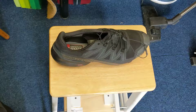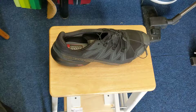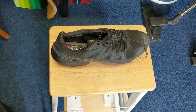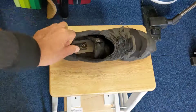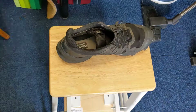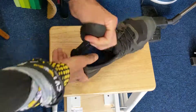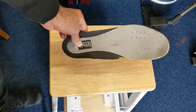I would have expected perhaps Speedcross 6 to make an appearance, but you know what? It just hasn't happened. So I was forced to buy the Speedcross 5. The old shoe is going to go to recycling. I will, of course, save the insole here. Take this out. So I'll take this to recycling, but I'll save this insole. And why will I do that? That's because